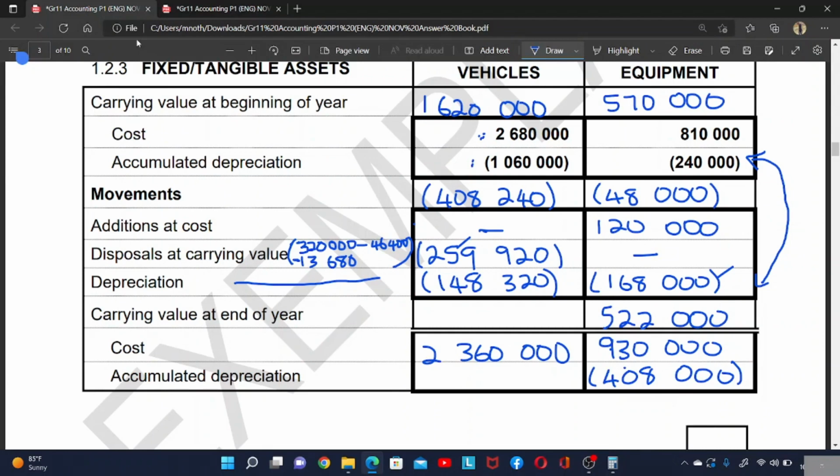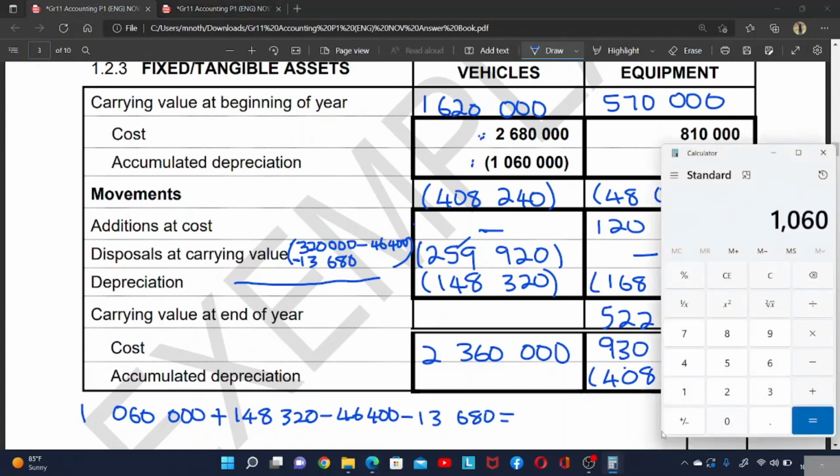So we're going to say 1,060,000 plus the depreciation, which is 148,320, minus the accumulated depreciation of the assets sold, which is 46,400, minus the depreciation of the assets sold, which is 13,680, which is equal to,